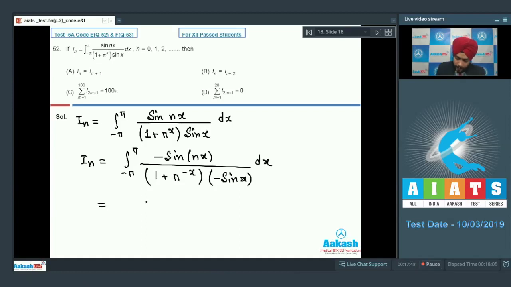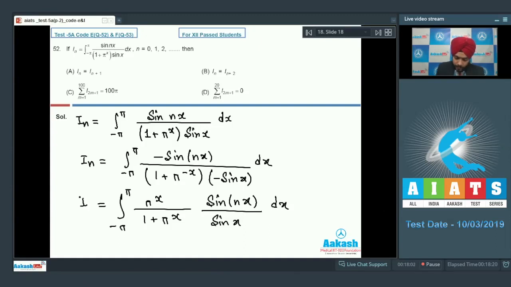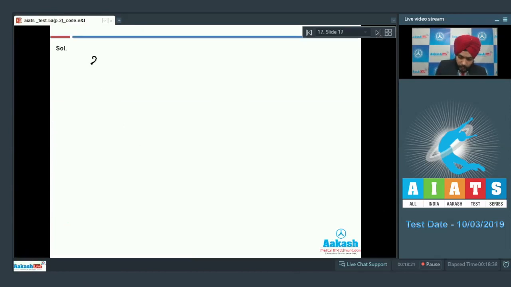So that is pi raised to the power x upon 1 plus pi raised to the power x, sine nx upon sine x dx. It is very clear that if we add the two equations, say this is equation number 1 and this is equation number 2, this exponential term pi raised to power x will vanish. So 1 plus 2 will give me 2In on the left hand side. So 2In is equal to the integral from minus pi to pi